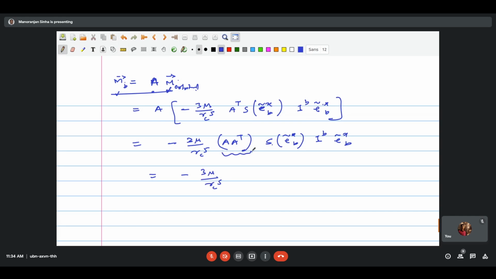This is an orthogonal rotation, so this is the identity matrix, and therefore this gets reduced to, so you can write this as